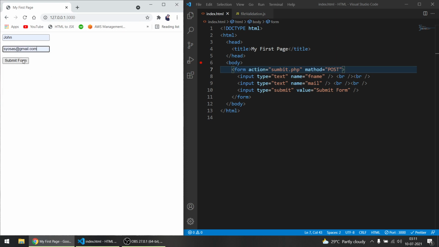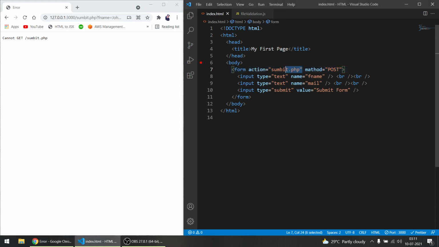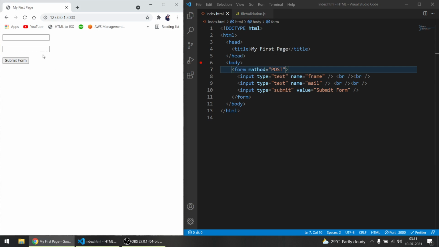s5 at gmail.com. Now if I submit the form, it says cannot get, because obviously we are sending the post but the post is not present, so that's why it's saying this page is not present. If I just remove this action, action means just submit to the same page file, like the data will go to the same page. So nothing is shown because it's going to the same page and auto reloading. See,